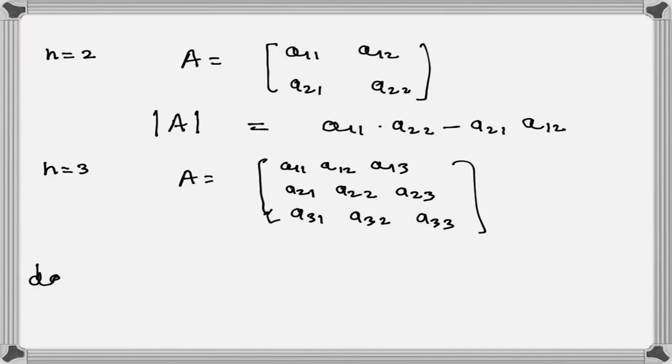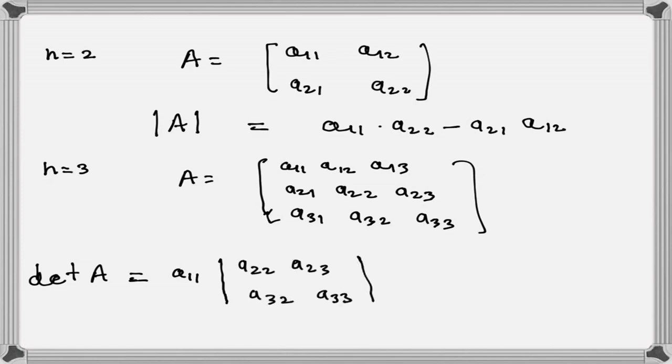I will use both notations, either A with two parallel lines or just determinant A. We take the first row and take the first element A11, then we get the submatrix by deleting the first row and first column, and then we calculate its determinant. So A22, A23, A32, A33, then minus A12,